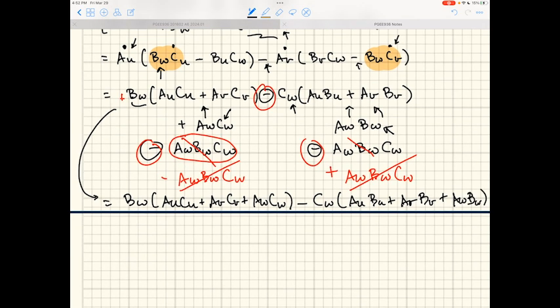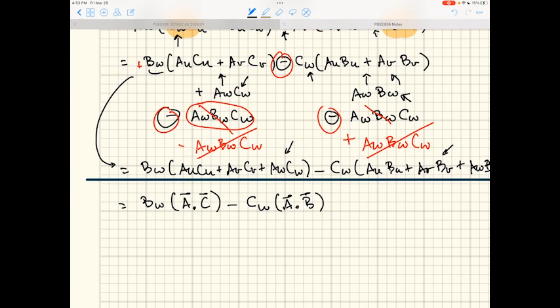So what do we have here? We have BW times the dot product between A and C, minus CW times the dot product between A and B, right? So what we've shown is that A cross B cross C